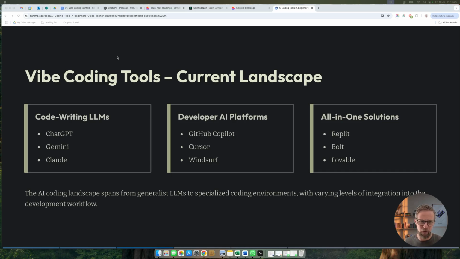So Lovable's the one I'm going to be demonstrating today, but as I say, there's lots of tools available, and it's quickly evolving. So I wanted a project that I could use to start playing around with vibe coding. I wanted to choose something relatively simple, fun, that I could knock up in half a day. So what I decided to create was a Seinfeld online trivia quiz. I'm a big Seinfeld fan. I know a lot of the people who watch this podcast are from the same sort of age bracket as me, so there's a good chance you're interested in Seinfeld as well. But I thought that would be a good thing to play around with.